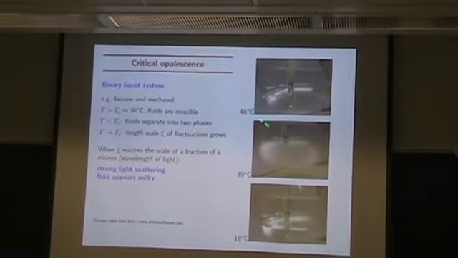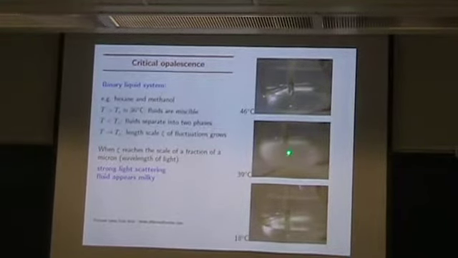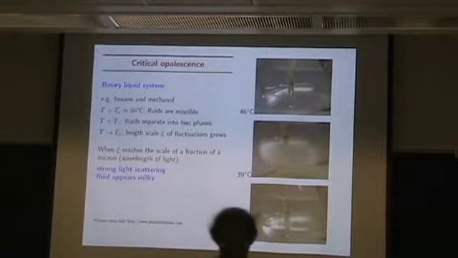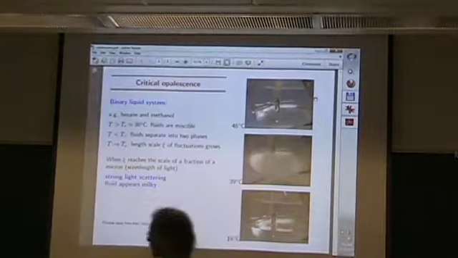Right? And in between, close to this critical temperature of about 36 Celsius, you see exactly what we discussed yesterday. The fluid becomes milky because you have large fluctuations of relative densities, or let's say the relative concentrations between these, and this indicates a divergent correlation length. Okay, so just a side remark. Now back to our